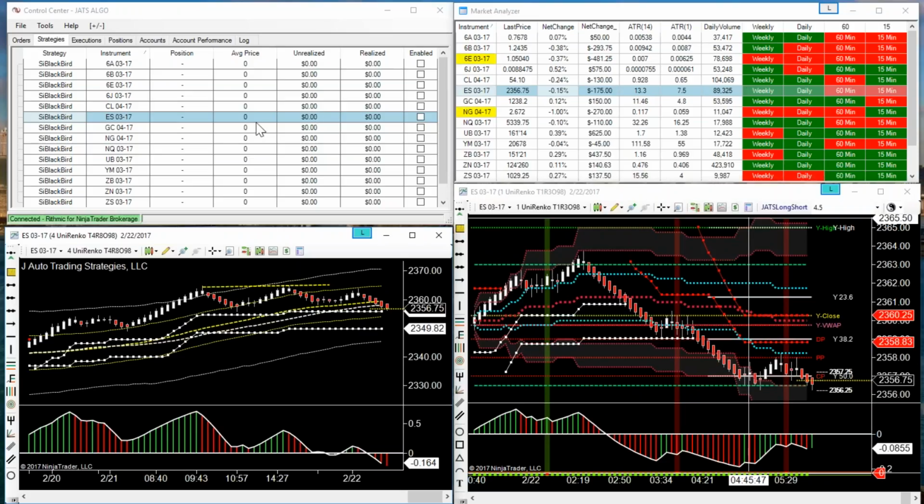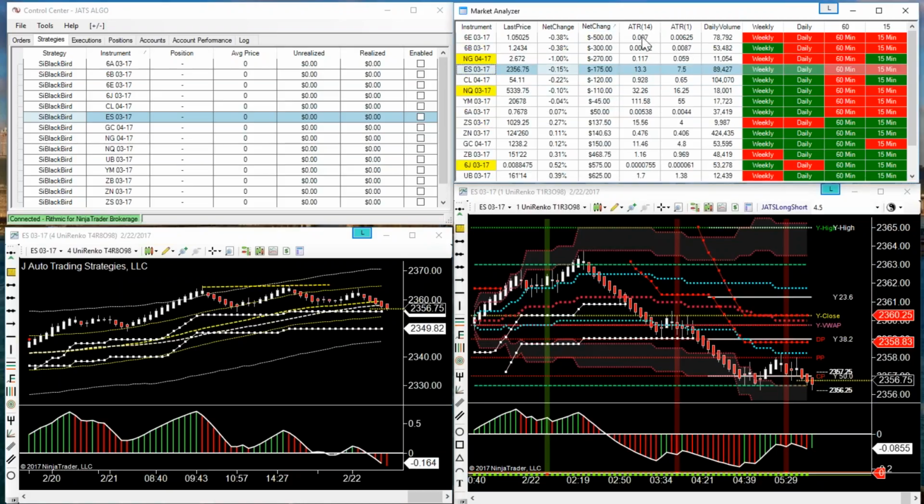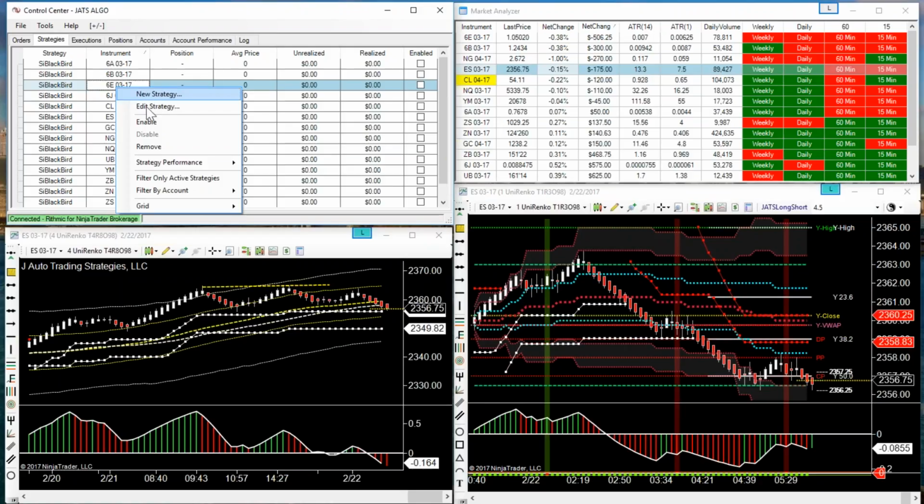But I have my NinjaTrader console set up to automatically take my trades now in Blackbird. So I don't even need charts if I don't want charts. All I have to do is enable it when I see a contract that I want to trade. So the 6E's been selling off. So I can open my 6E, edit the strategy, and select